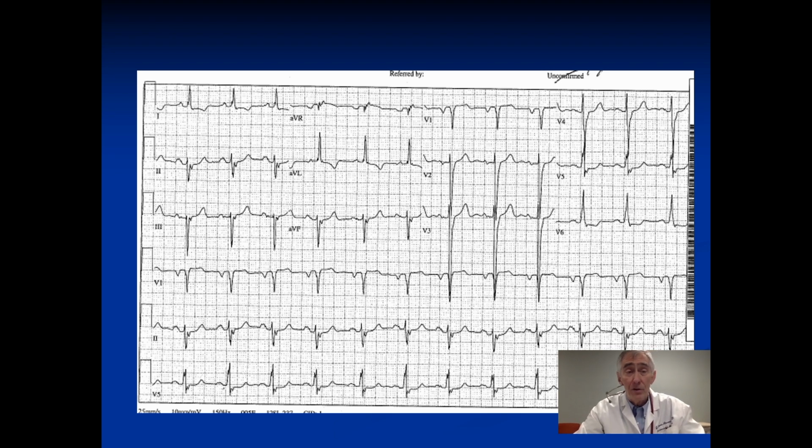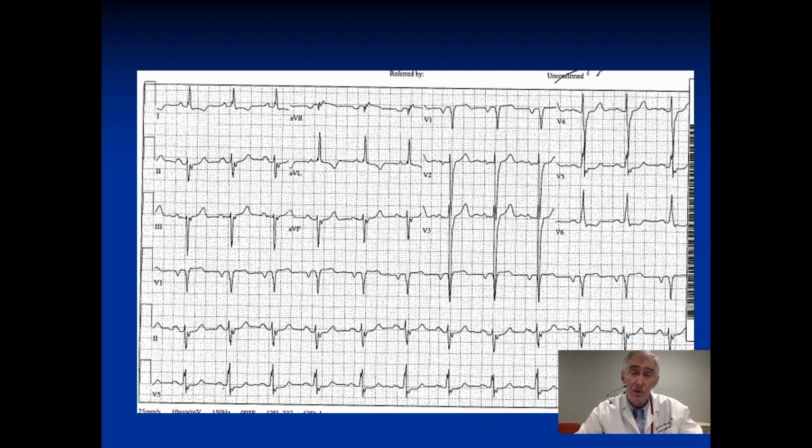Now, there are other criteria that we have. The Sokolow-Lyon, greater than 11 millimeter R wave in AVL. We have the Cornell criteria that has R wave in AVL plus the S wave in V3, greater than 27 in men, greater than 21 in women. We see big voltage here in S waves, not so much in the R wave over here,